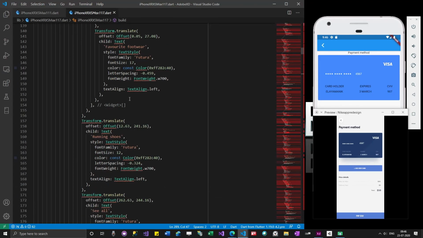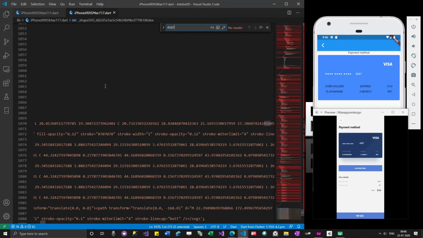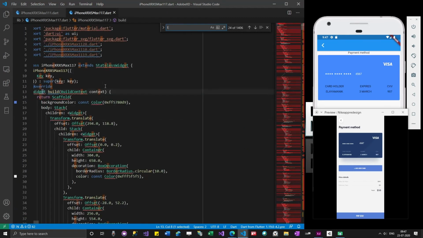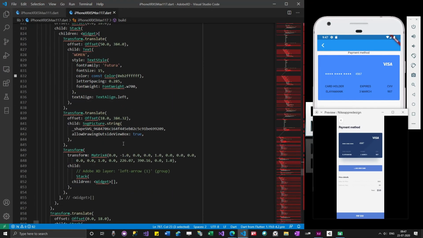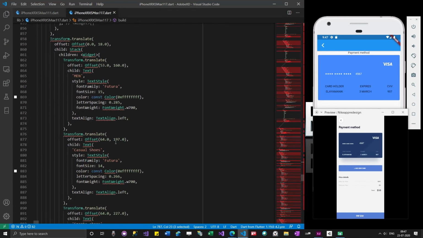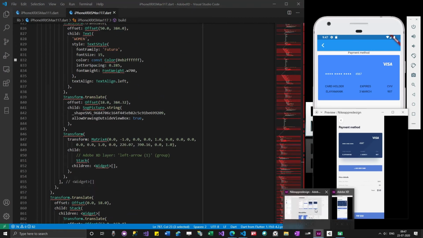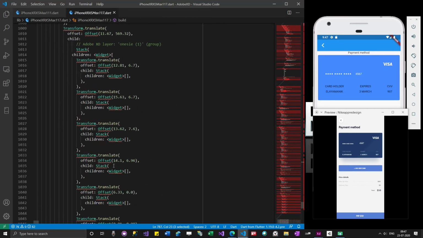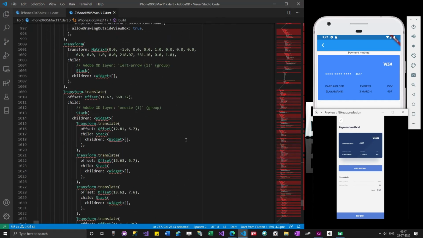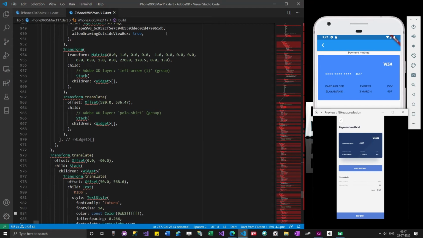So let me see, search with word 4567. Okay, anyways, it's difficult to get it from the Adobe XD file.